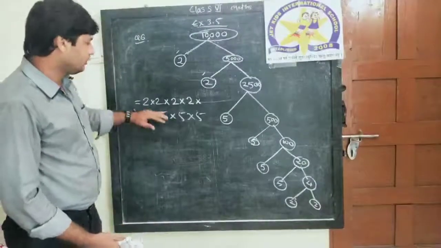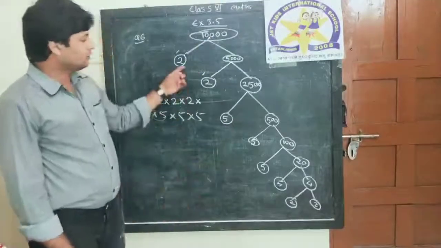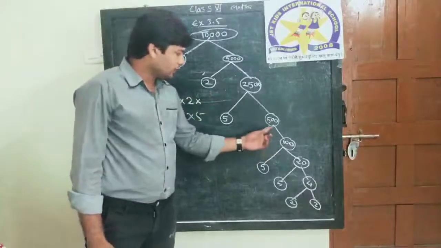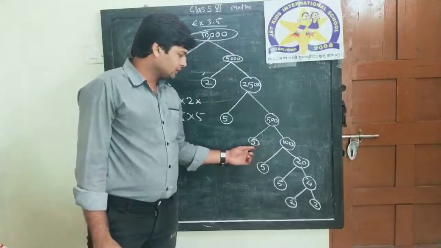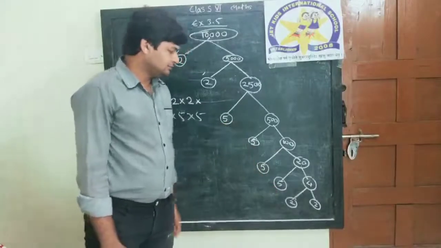And here is a proof. If the multiplication comes 10,000, then our tree is right. We all have prime. Okay, why we broke it? Because we can take factors of it, right? So here we took 5 5 5 5, right?